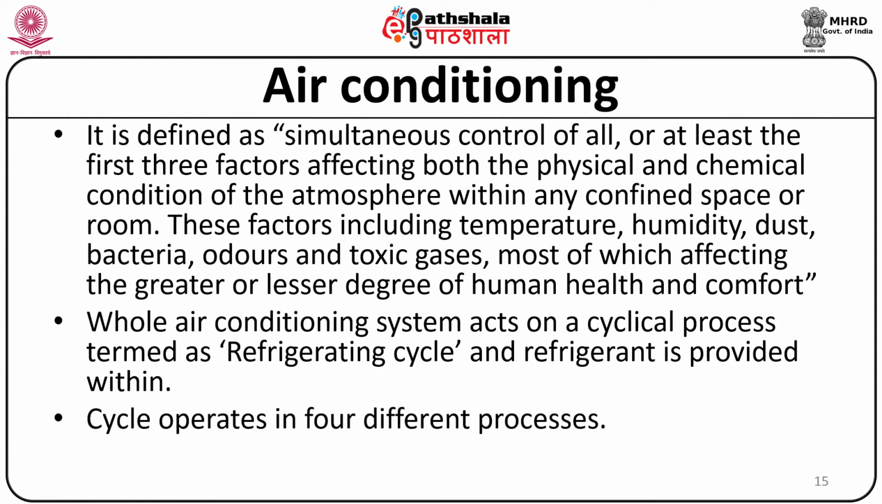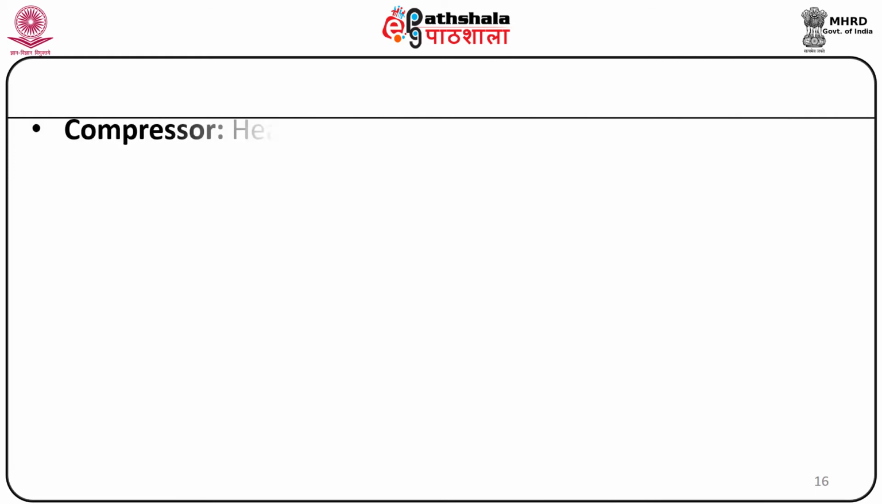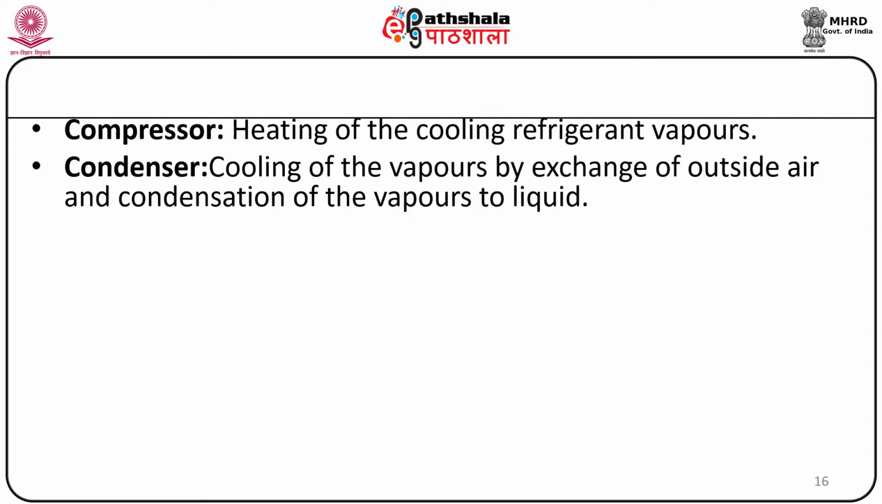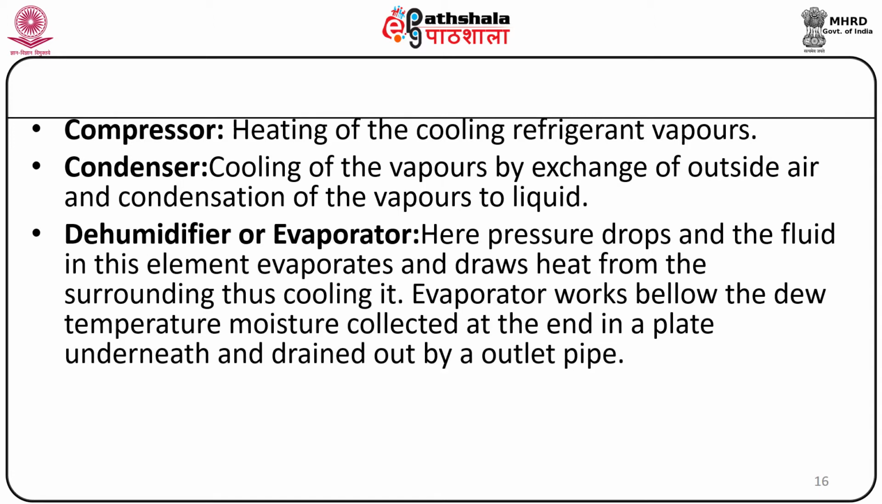The whole air conditioning system acts as a cyclical process termed as refrigerating cycle, and refrigerant is provided within it. The cycle operates in 4 different processes: compressor, heating of the cooling refrigerant vapors; condenser, cooling of the vapors by exchange of outside air and condensation of the vapors to the liquid;